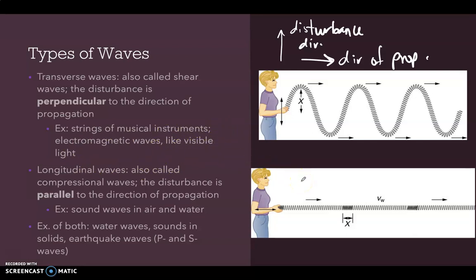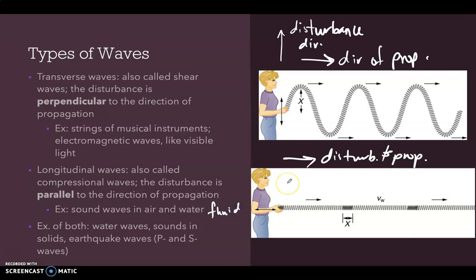Okay, then we have another type that's called longitudinal waves. They're also called compressional waves, and this disturbance is parallel to the direction of propagation. So not only is the direction of propagation in this direction, so is the disturbance. So the disturbance and the propagation are in the same direction, okay? And examples of this are sound waves in air and in water, in basically any type of fluid,